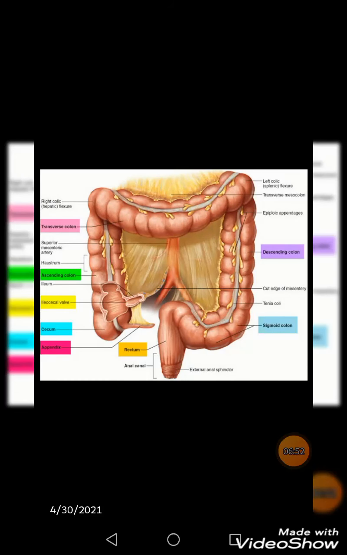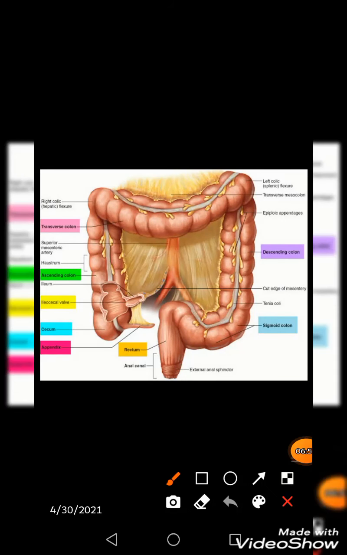Now let me show you another important thing: the tinea coli on gross look appear as a flattened band in between the walls of the large intestine. What are they doing? They are of smaller length, you would say, in comparison to the length of your intestine. So what is going to happen? They are like an elastic, putting the circulation to your large intestine. You can see the out-pocketing or sacculations on both sides.